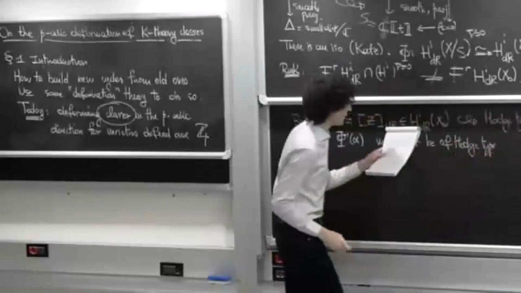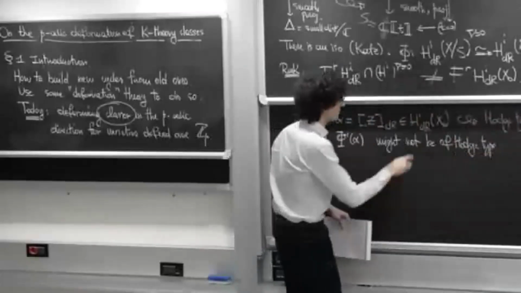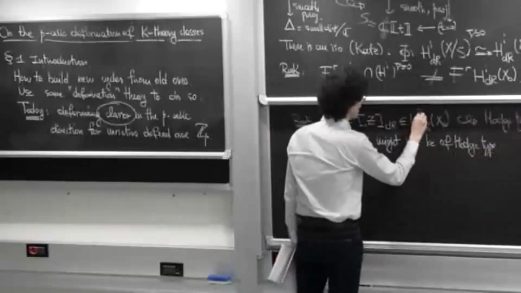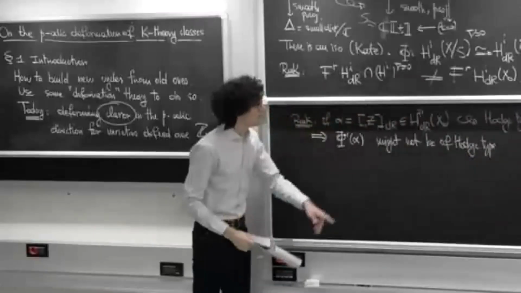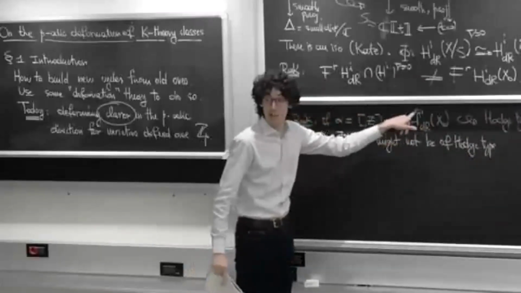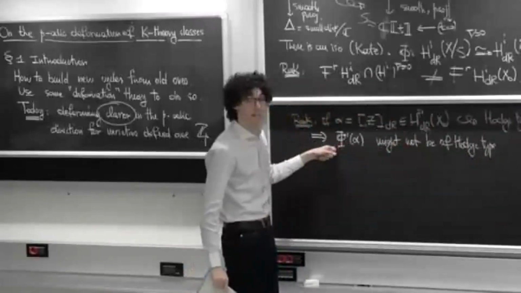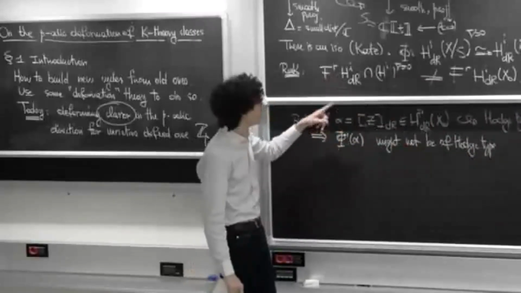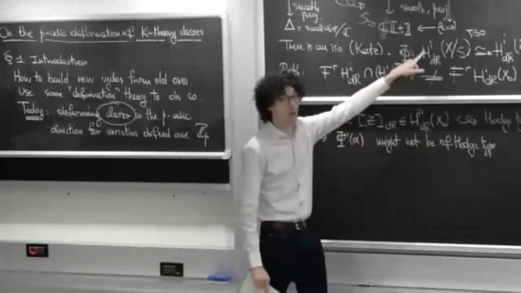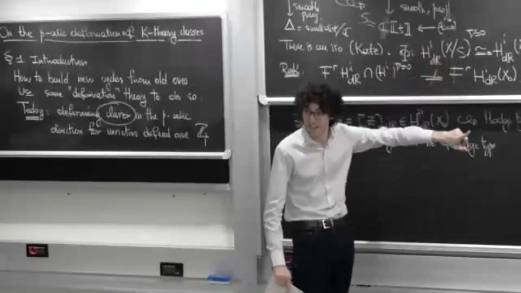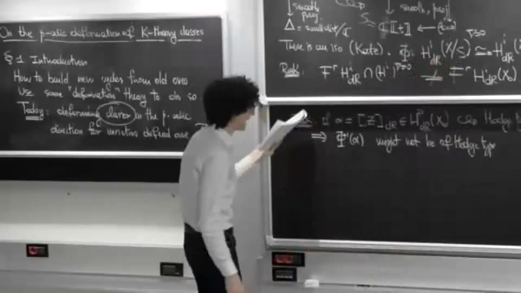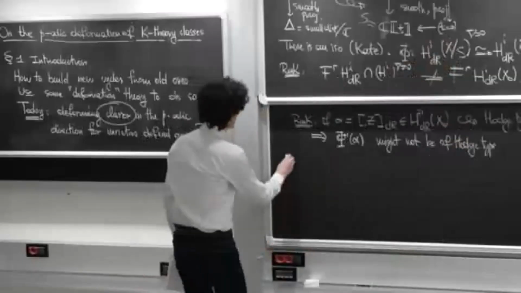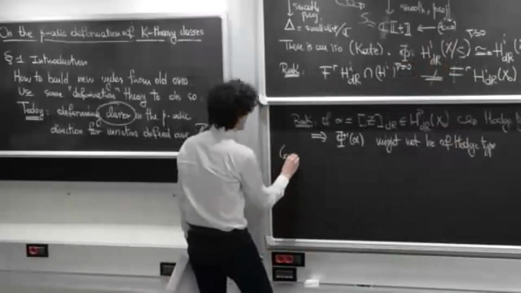Okay, so being of Hodge type in this case means, well, I should rather say 2i to be reasonable. Hodge type means that you are in F^i H^2i, and if you take phi minus 1 of alpha, it's not clear at all whether this class is going to live in the F^i of H^2i of the de Rham homology of X over S. So motivated by this observation, Grothendieck made the following conjecture,